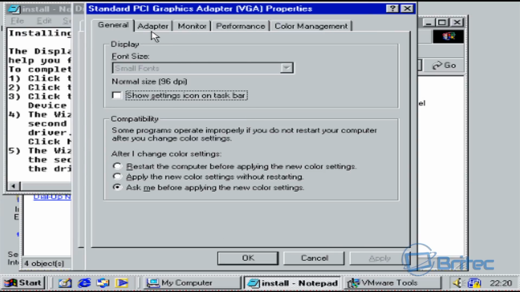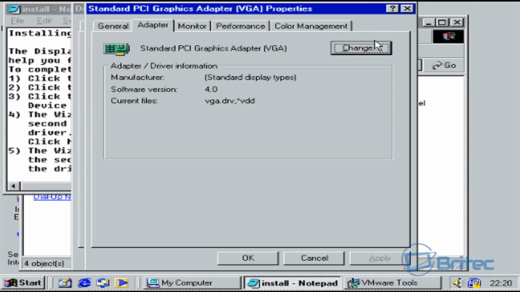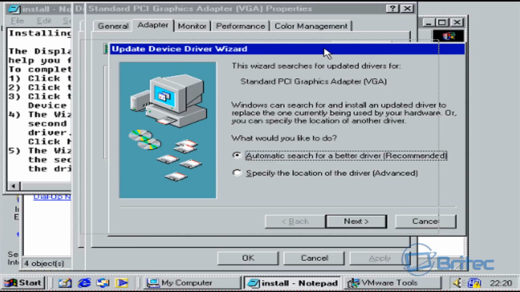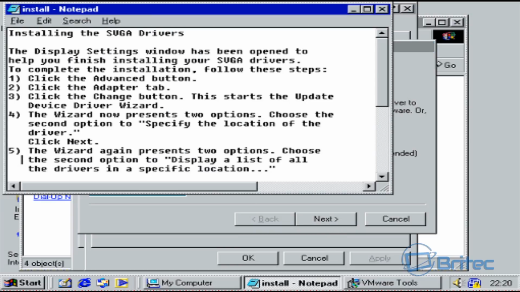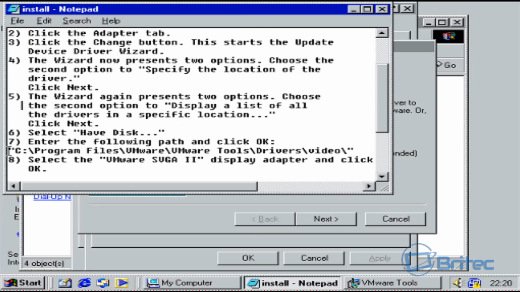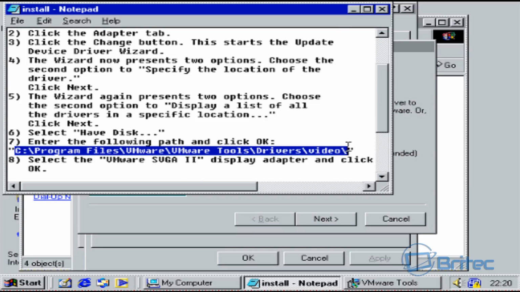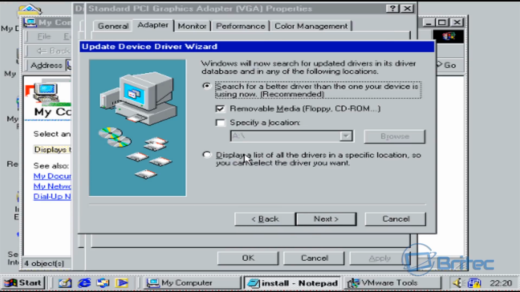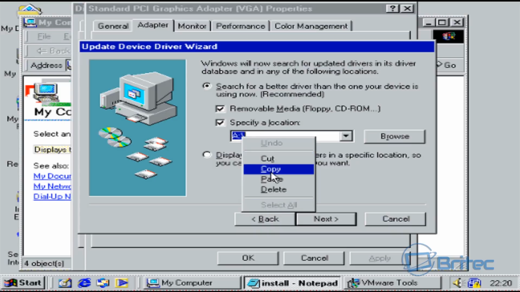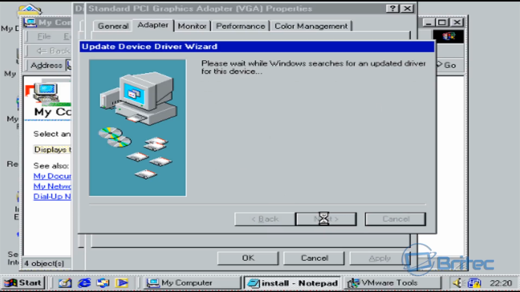So I'm going to go to advanced here and then adapter. And you can see it's set up for the generic adapter here. So we're just going to point this to the location, specify location, and then go next. And then we need to copy this path here. You can see C, Program Files, VMware, Tools, and Drivers. There we go. So just copy that, click next, and then specify our location again, and change this from our little A prompt here to that path. Click next,